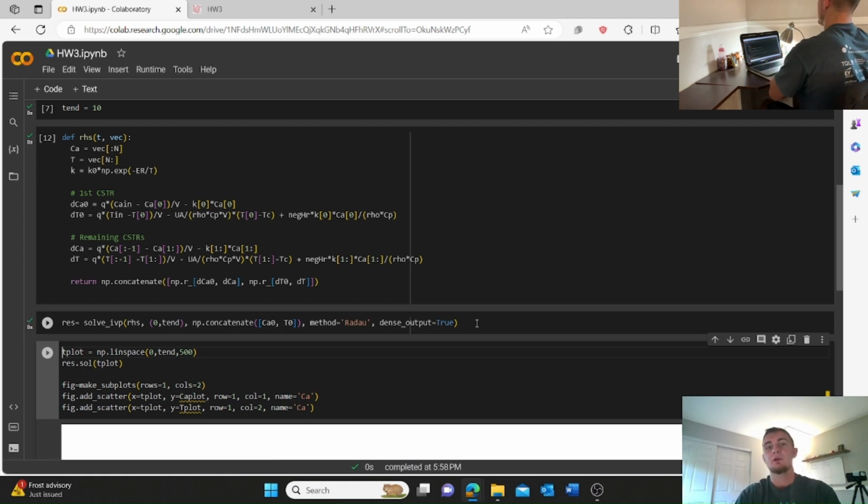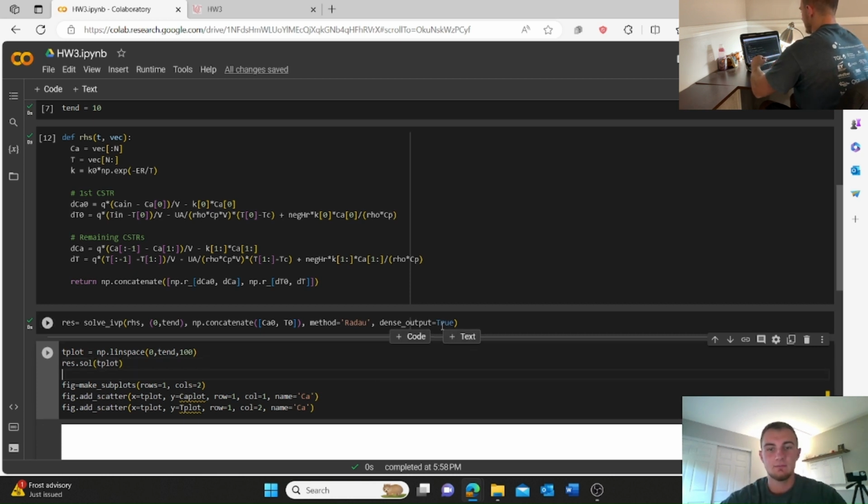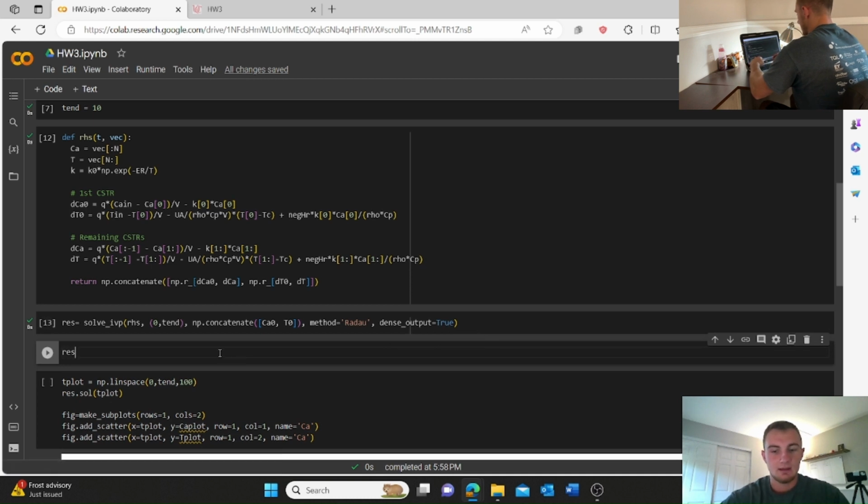So now what we need to do is go ahead and make a plot of both the concentration and temperature profiles. What we're going to do is actually just plot each of the 15 CSTRs, one for concentration and one for temperature. So we have our plotting points for plotting purposes. So t_plot, linearly space them out. Instead of 500, I'm going to do 100 for this one. And what we can do here is take a look at our solution values here at t_plot. So if you look at the shape of them,